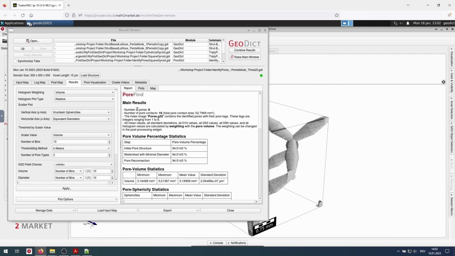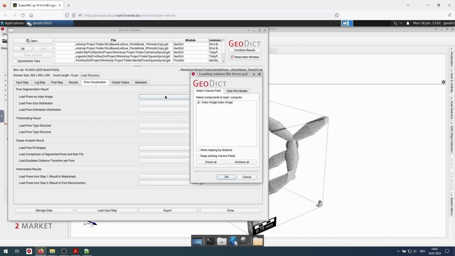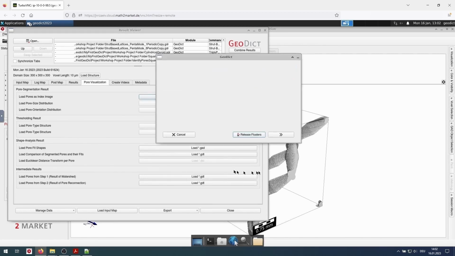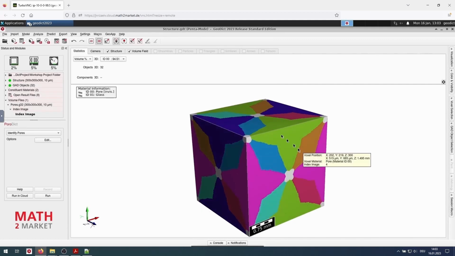Now there have been 8 pores detected. If we go to the pore visualization and load the index image and click OK, we can see that indeed all pores have been identified correctly this time.